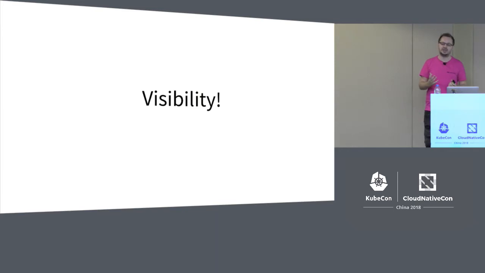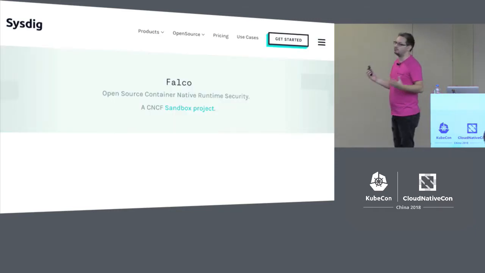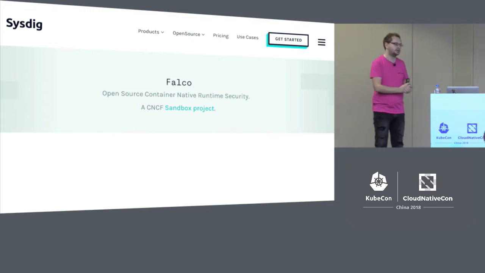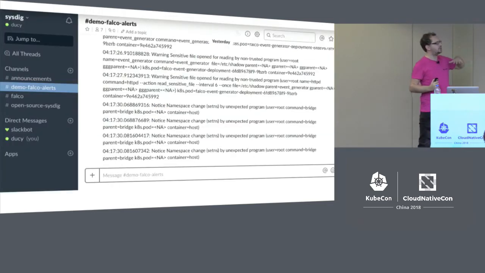We need visibility in our systems to be aware that people are attacking us, but also aware of what attacks they're potentially launching. And a great way to solve this is Sysdig and Falco. Falco has recently been donated to the CNCF as a sandbox project. And what it does is it monitors everything within your system, everything which is happening, and then raises alerts when things are potentially abnormal,